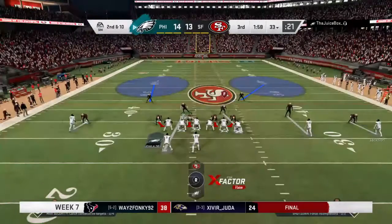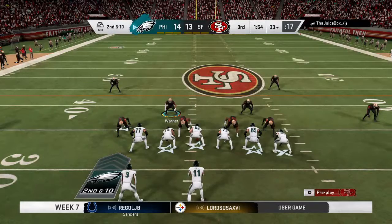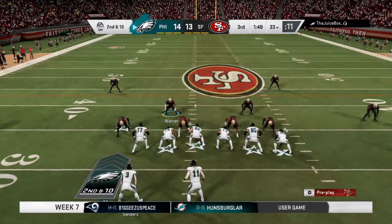Hey, Ford, Tokyo! 54 Mike. All day, baby. All day. Hey, box truck. Check. Watch 54. I'm